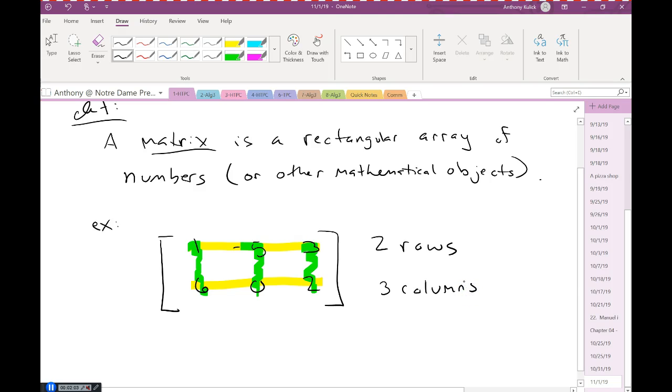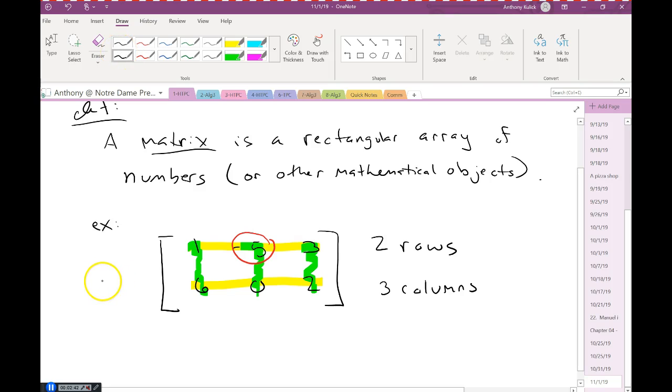Everybody kind of see that? So again, remember that rows go left to right and columns go up and down. So we can use that this matrix has 2 rows and 3 columns to describe the location of some of these numbers inside of our matrix. For example, if I'm interested in this number -5,